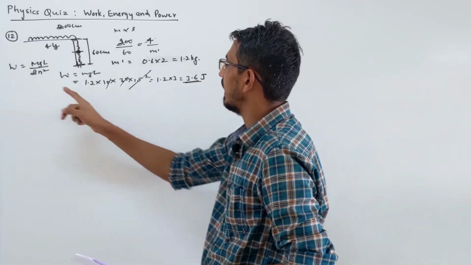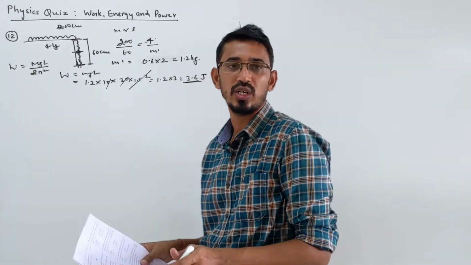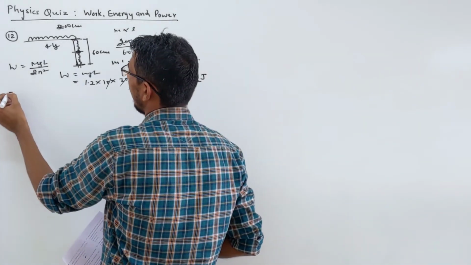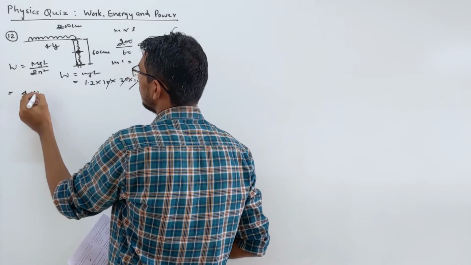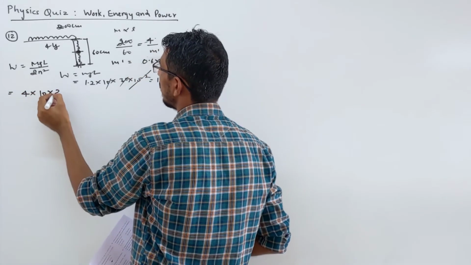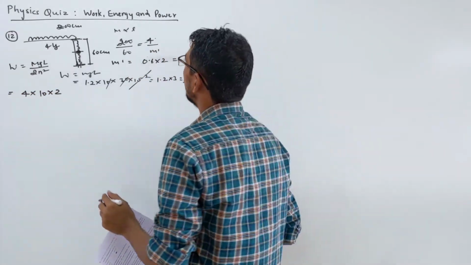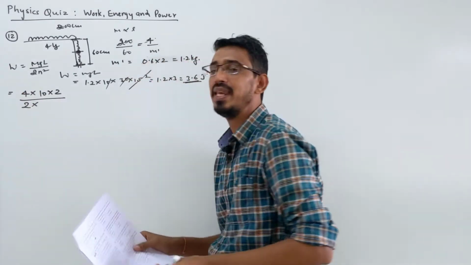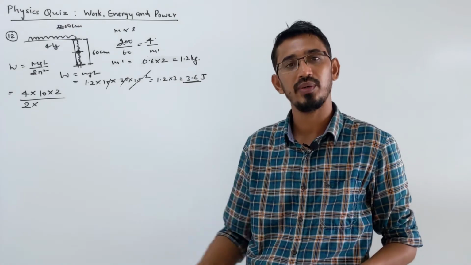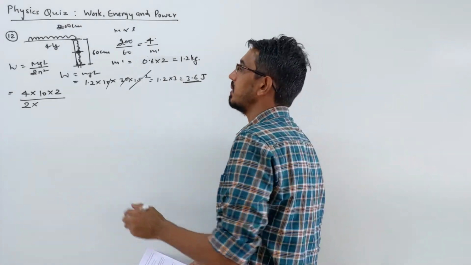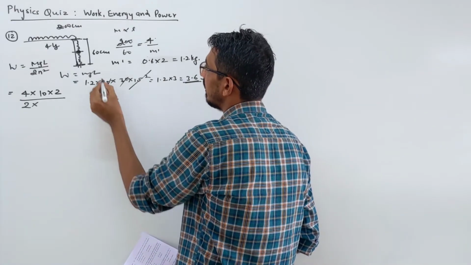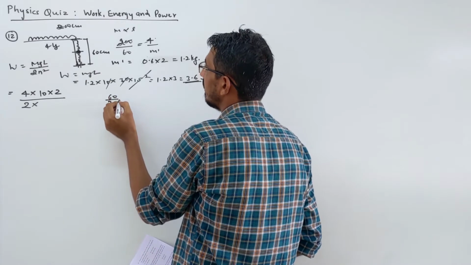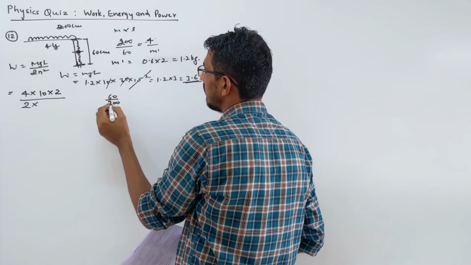You can also calculate this answer directly from the shortcut formula. Let's apply that. m is the total mass, which is given as 4 kg, g is 10, and the total length is 2 meters, divided by 2 times n squared. n is related to the part which is hanging below the table. The 60 centimeters is hanging, so what is the hanging part? 60 by the total length 200.